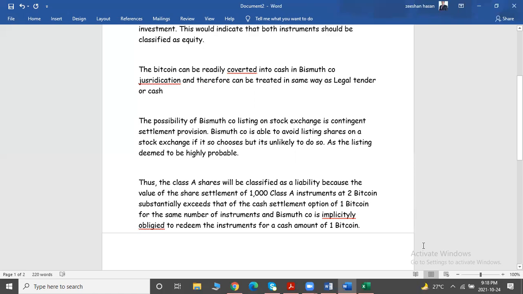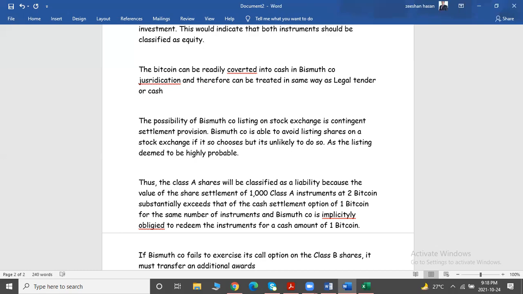Again, in the next part, if this Bismuth company fails to exercise its call option on the class B shares, it must transfer an additional reward to the holder, again connected to the scenario, and